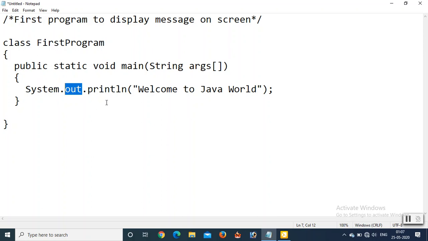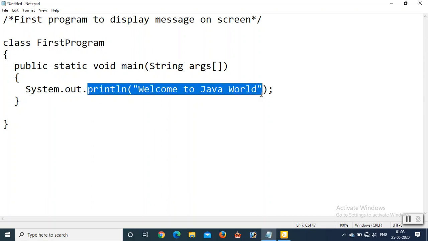And what about this println and then parenthesis? println is a method name which tells the compiler to print a message on the screen in a new line.